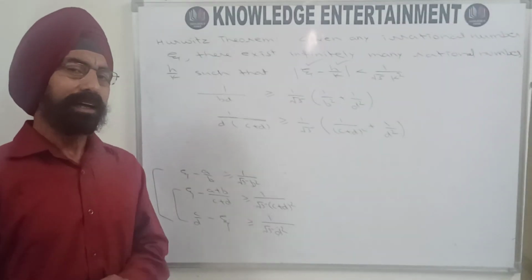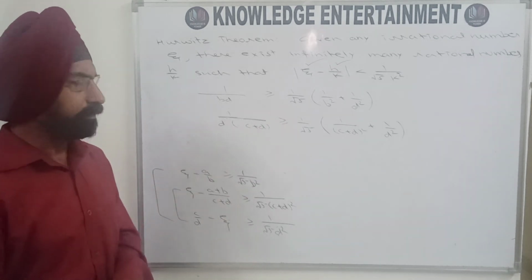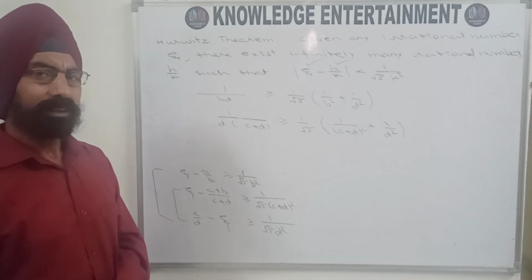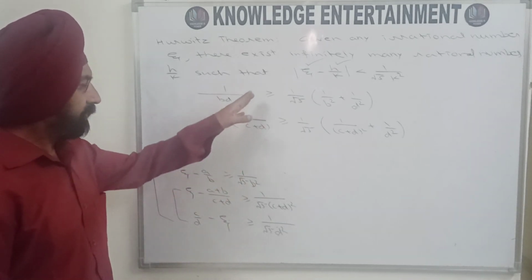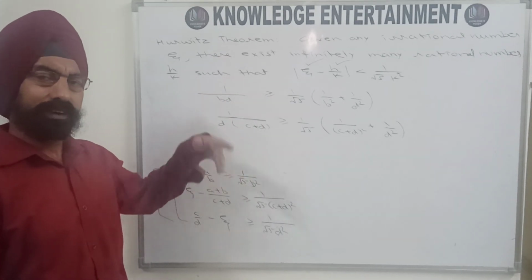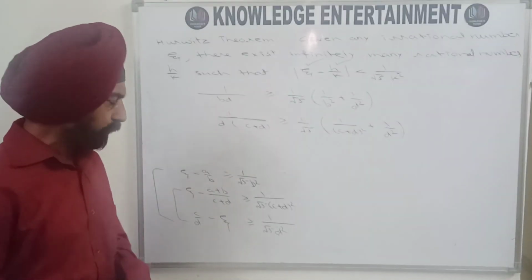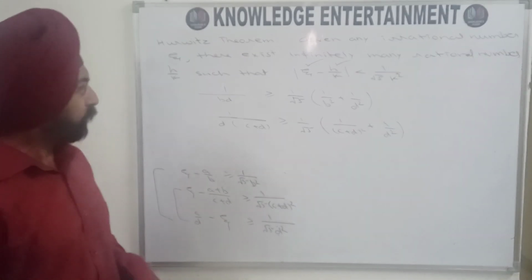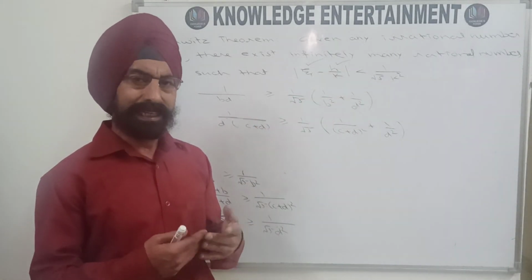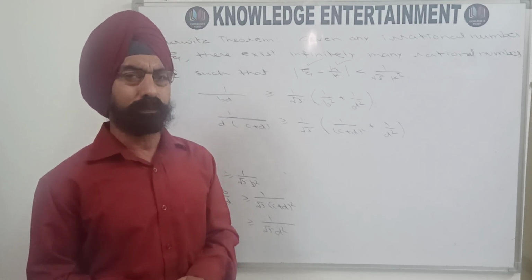And now use the lemma that we just proved before this Hurwitz theorem, that these two inequalities cannot hold simultaneously. That means we are at a step which is a contradiction, which contradicts our previous lemma. So that means this is not possible. And why is this not possible? Because our supposition was wrong. We supposed that this inequality is not satisfied by a upon b, c upon d, as well as a plus c upon b plus d.